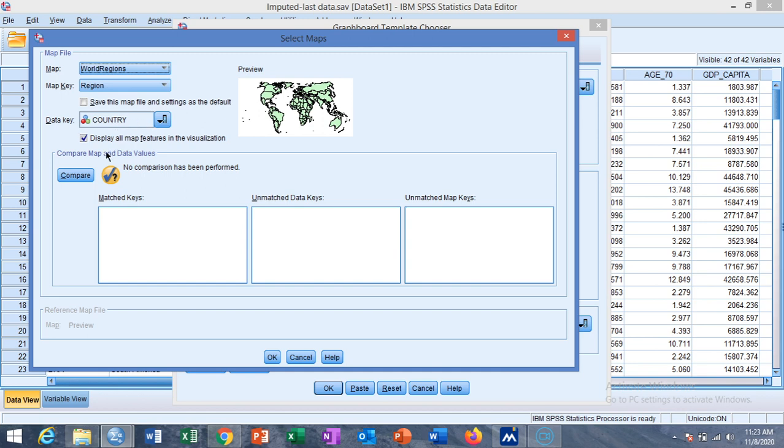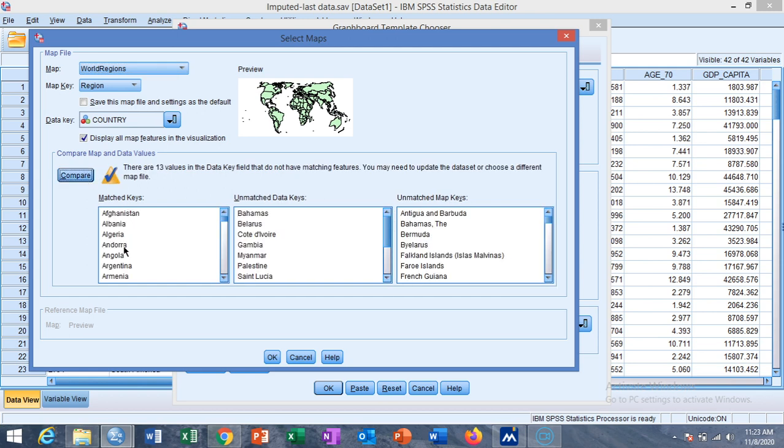And you can compare the data keys. These are the matched keys, these keys are available in our data and the map we chose here, and the unmatched keys are those keys which are available in data but not in the map, and unmatched map keys, these keys are available in map but not in data. So click on OK,